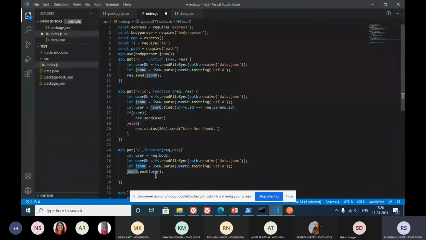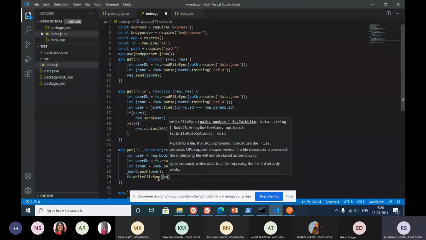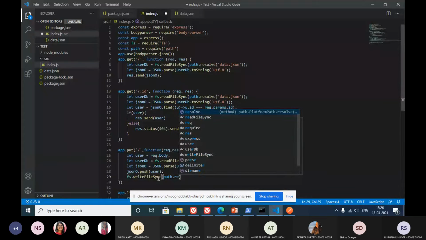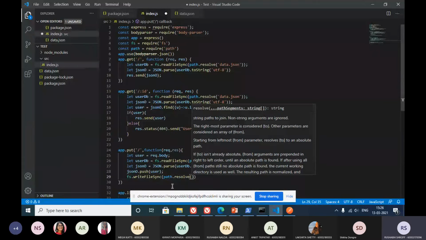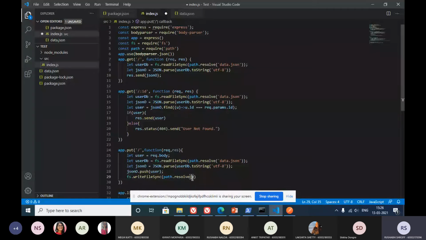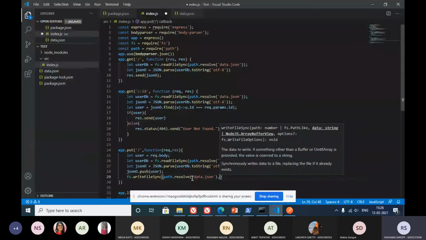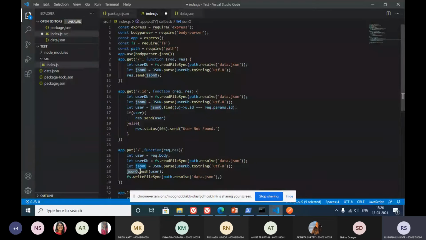So to write it to that file, what we are going to do is fs dot writeFileSync. Then again enter the path for our file, data.json, and then the data that we want to write onto our file, which is now going to be this particular array, but with this user inside it.